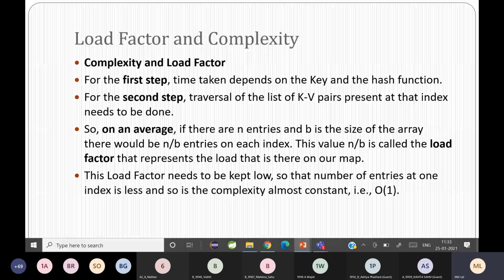And the third is the load factor calculation, the number of entries divided by the size of the table. And always remember, the load factor has to be kept low. If the load factor becomes high, you have to do a rehashing. Rehashing will come in the next slides, which is normally done by increasing the size of the table. So that is what this line 3 means.